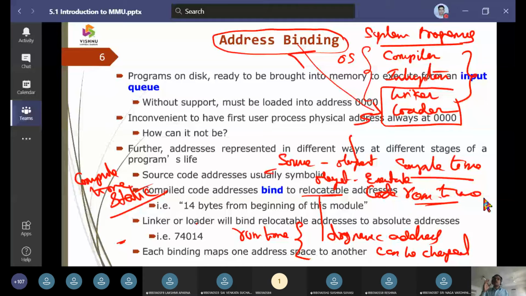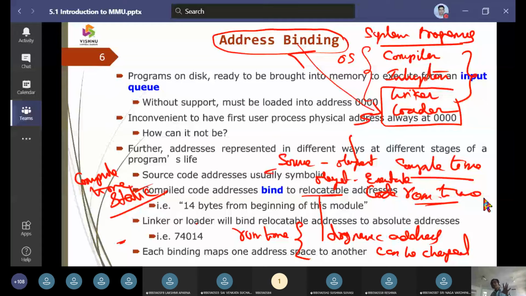And linking is going to bind all the object modules. So the linker is going to link up all the object modules, whereas the loader is going to load these into memory and prepare them for execution. The loader loads the object modules into memory and creates an arena for execution of a program. That is the key takeaway: we should distinguish between linker and